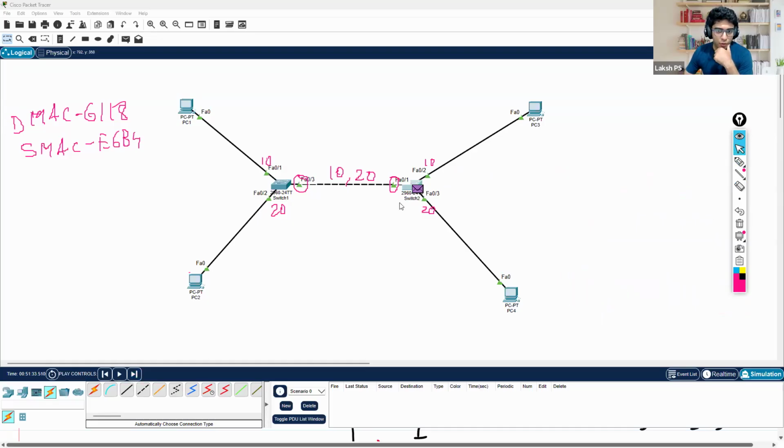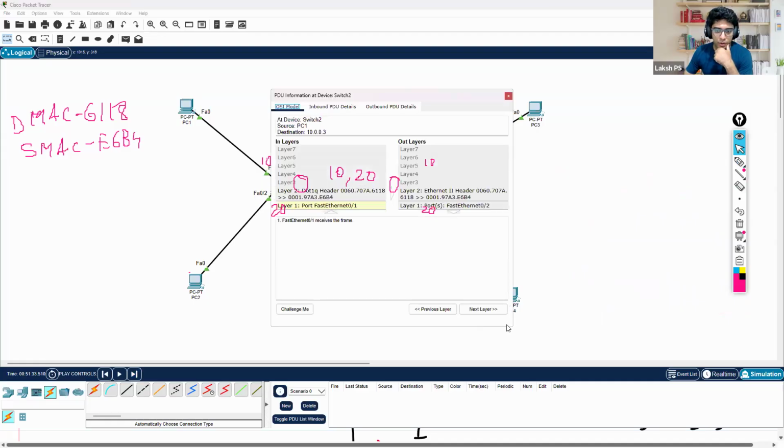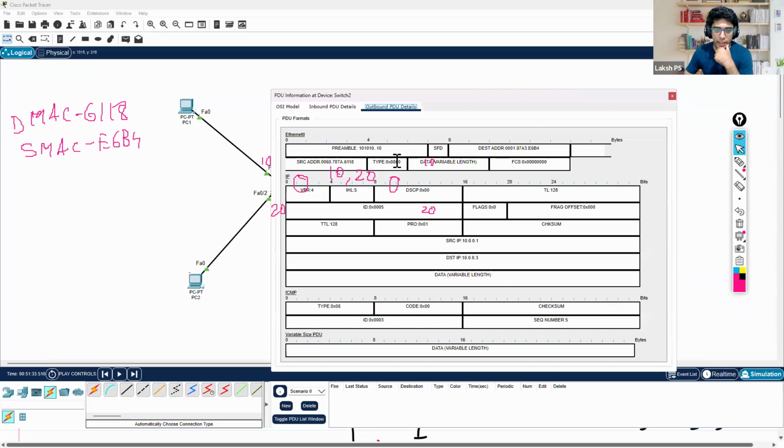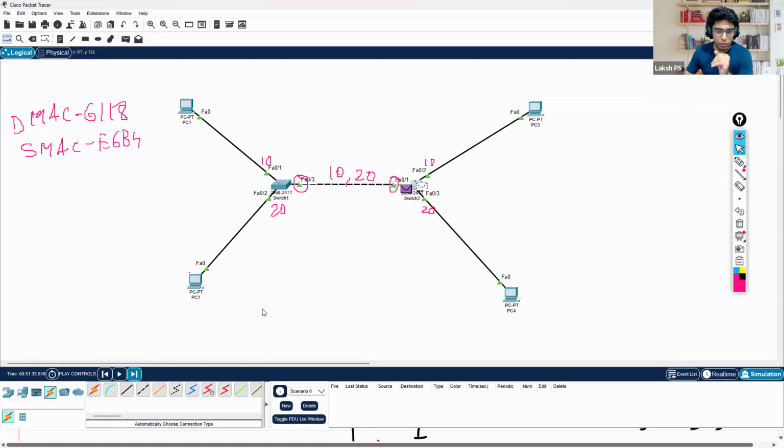The switch will not tag it with any VLAN because the outgoing interface is an access port. And as I said, on an access port, no VLAN tagging will be done. So it forwards to the PC. Okay. Now the destination MAC is 6118, source MAC is E6B4. The PC sends the data to